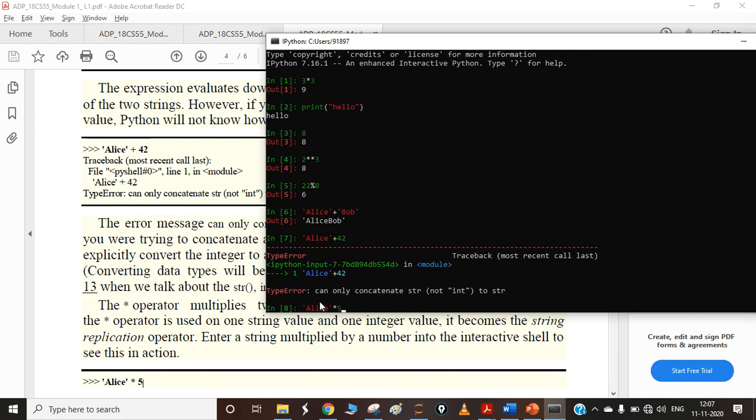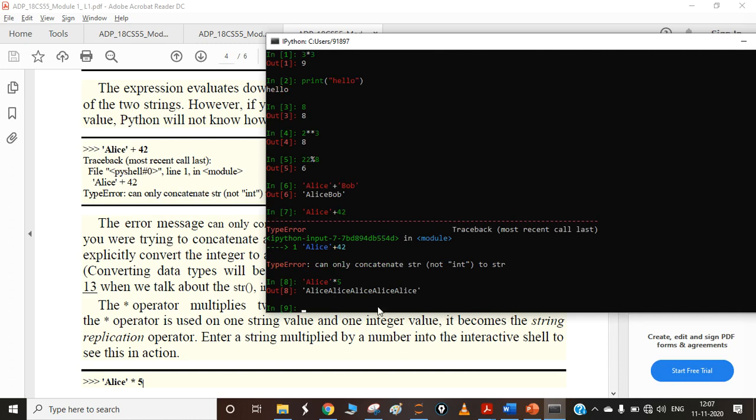I have mentioned the first argument as a string, after that star, after that this number. So this says the string operand should be repeated how many times? 5 times. So this message alias is going to repeat 5 times. Similarly,